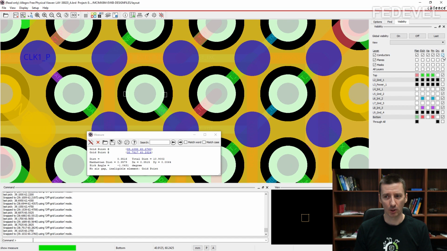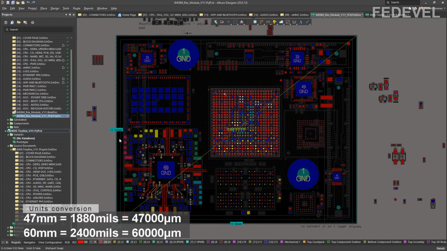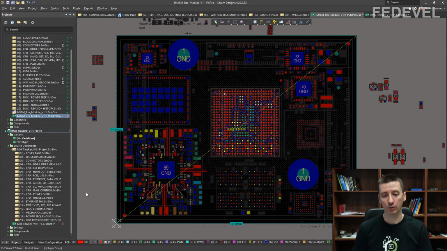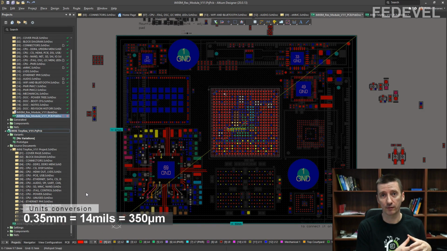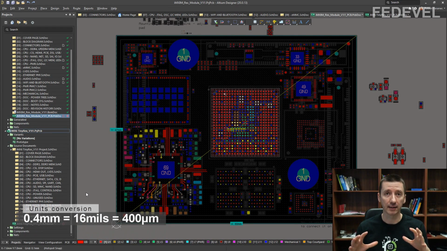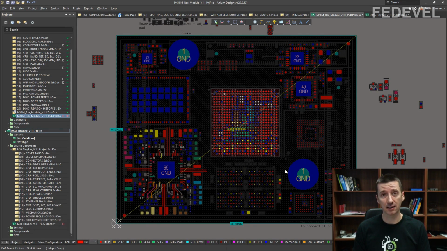Okay, so I really didn't want to go this way. Now, this is the board I'm designing. It is quite small, only 47 by 60 millimeters, and I don't have to use the 350 micrometer through-hole vias which are in the reference design. I could use in this board, let's say, 400 micrometer through-hole vias, and it's not really necessary to use via in pad. But because this board is quite small,